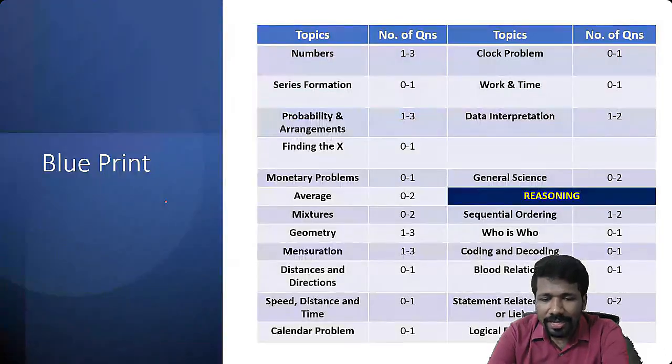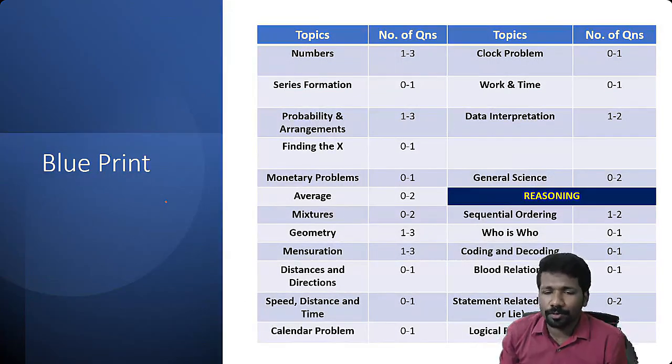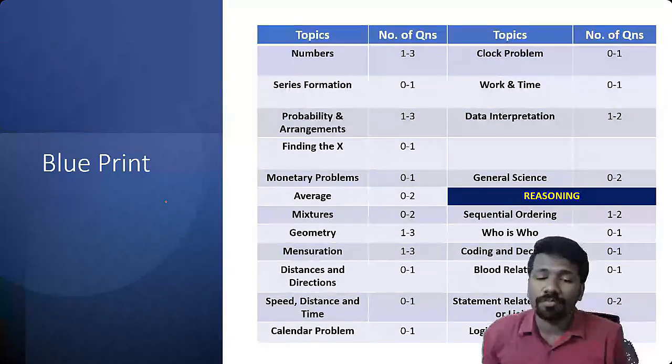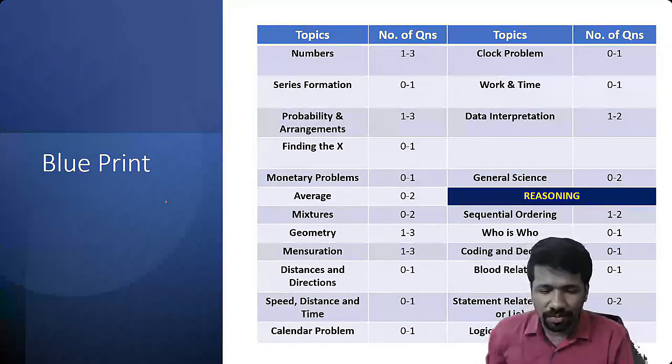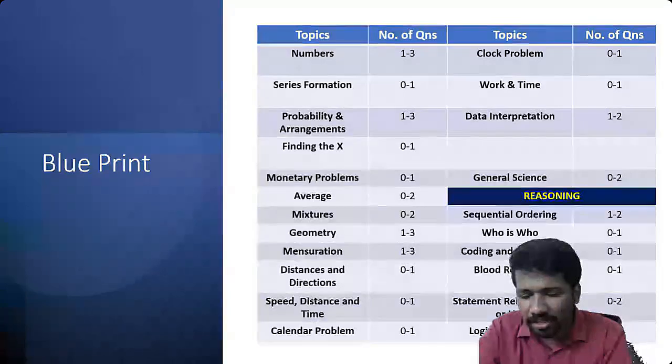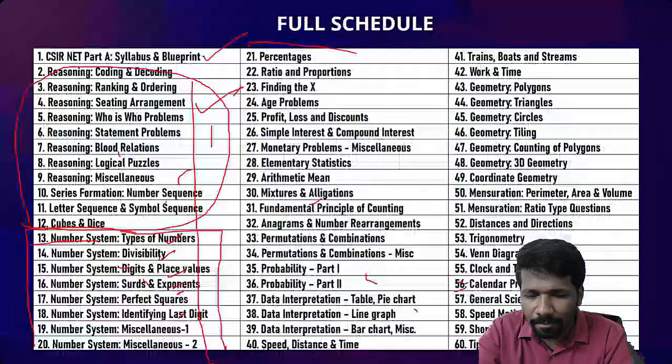So then these are the major areas. This is the basic blueprint of the aptitude section. If you look at the previous year's question papers, this is roughly the number of questions asked from each of these chapters. So one by one I will explain each chapter, then we will come back to this blueprint once again.